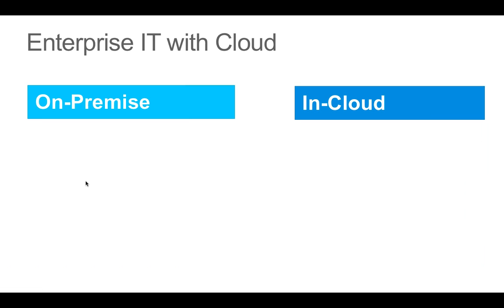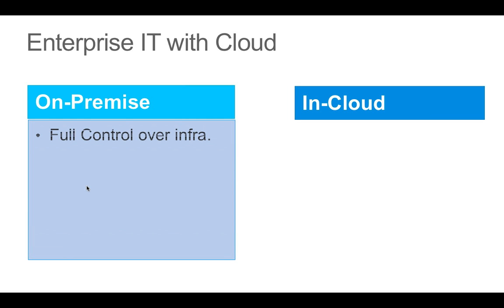As you get onto thinking about adopting the cloud, what are the dilemmas, or rather, I should call it the paradigm shifts that are taking place here? In an on-premise model, which most IT organizations are familiar with, you have full control over infrastructure, and this is a very important term. Control, from a people point of view as well as a tools and process point of view. You have complete control over the infrastructure that you have.